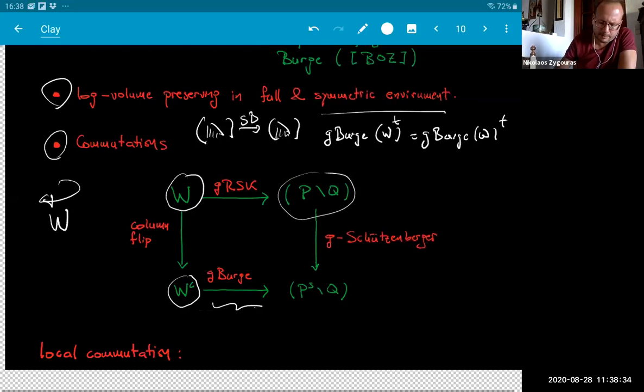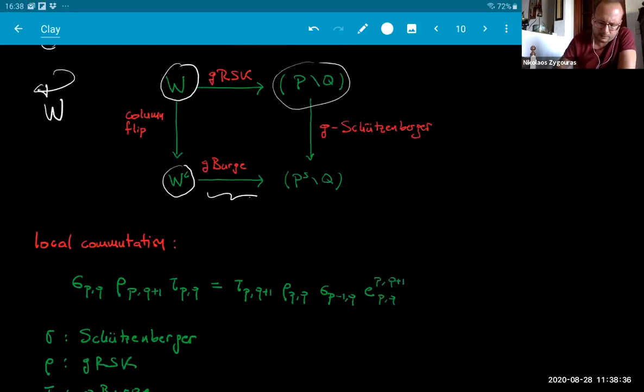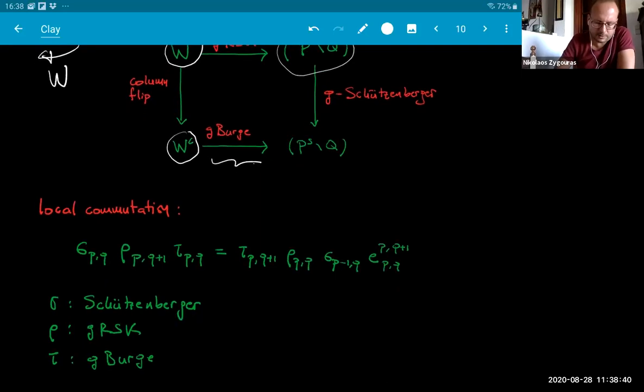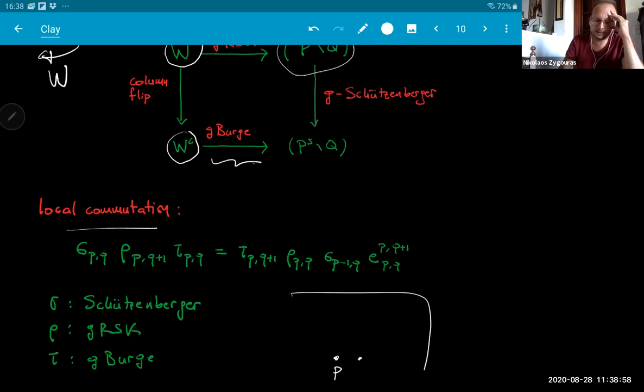Okay, maybe I would like to mention something that it seems there is more depth into it and has been quite fundamental in proving the commutation of this diagram. And this is the following local commutation. So what it says is as follows. If you have a P site and a Q site in some matrix,